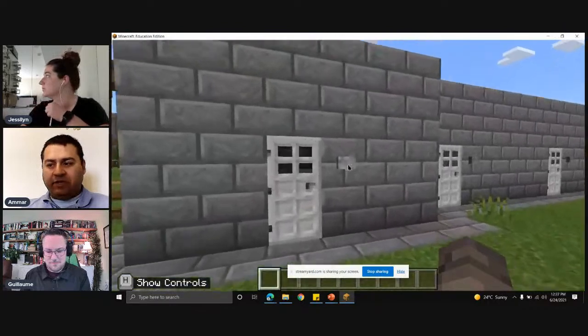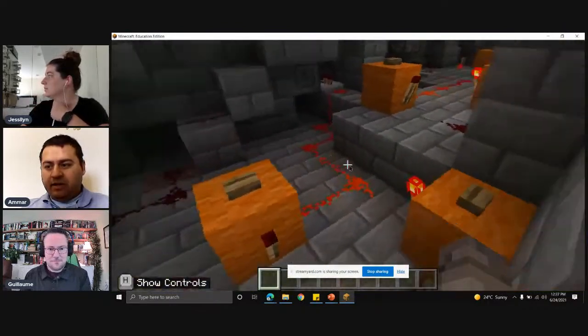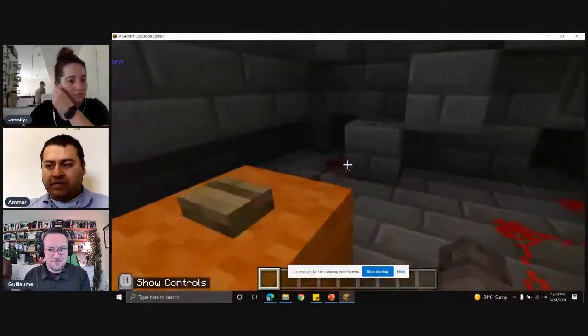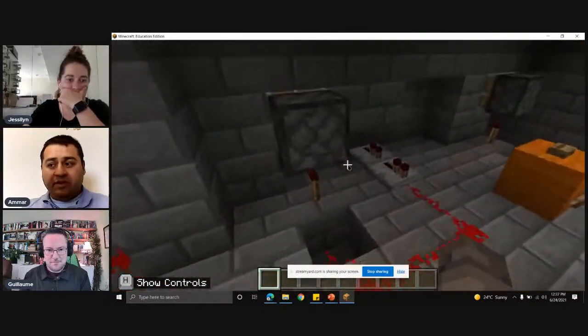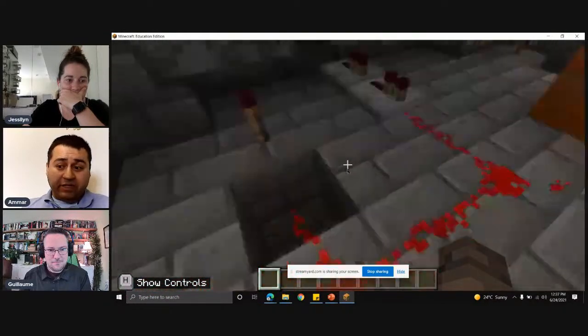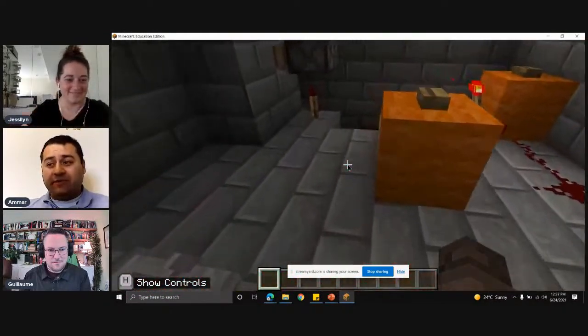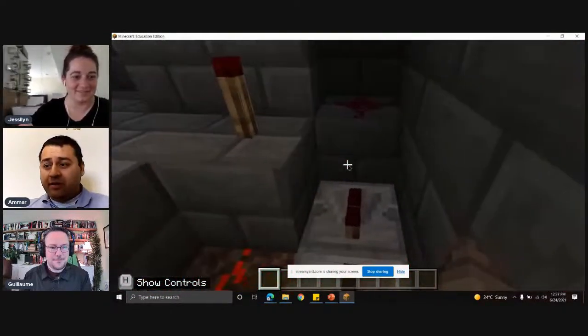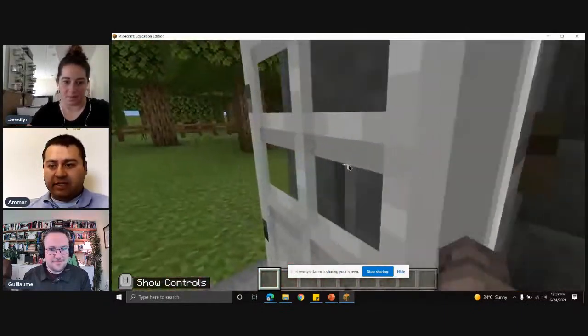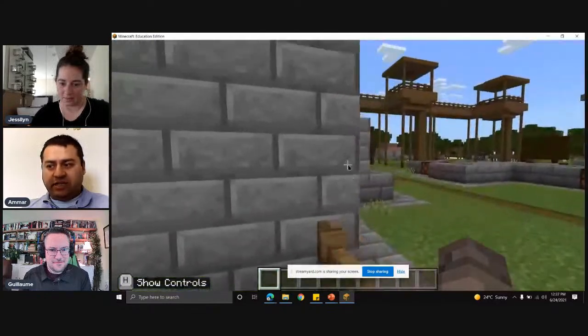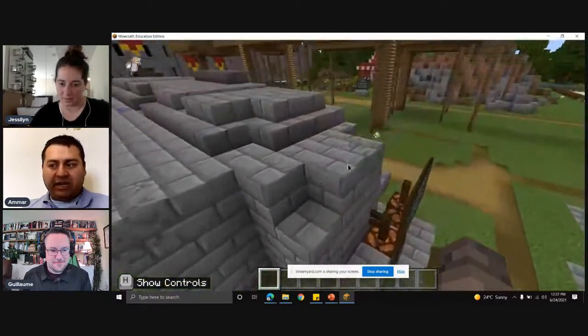From behind here, if I press that button, I can actually see all the redstone gadgetry and magic going on. Don't ask me to explain this because this one is super complicated and a little tough even for me. But you can see how redstone works if you're curious and how that circuit is sending all kinds of signals at the front end. That's how they made the magic happen.